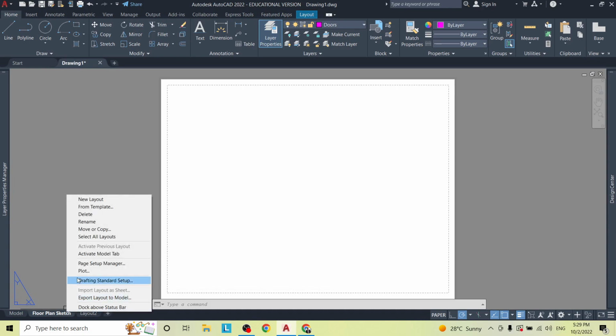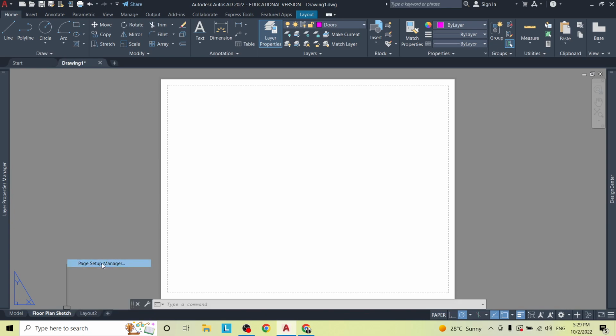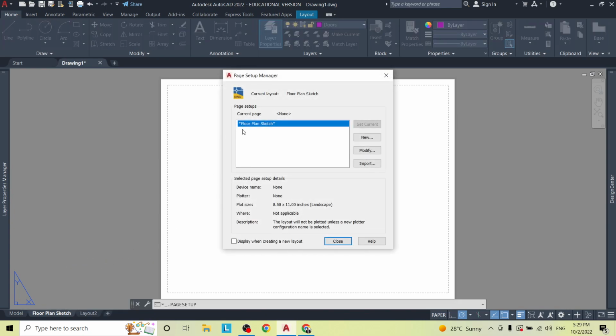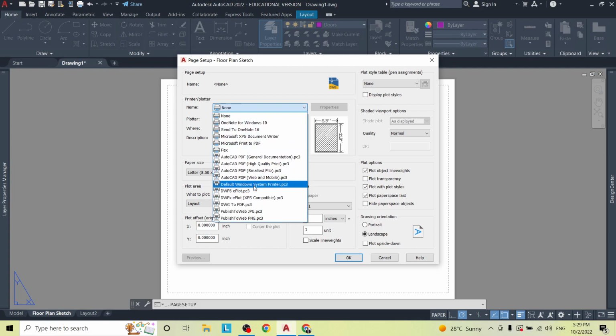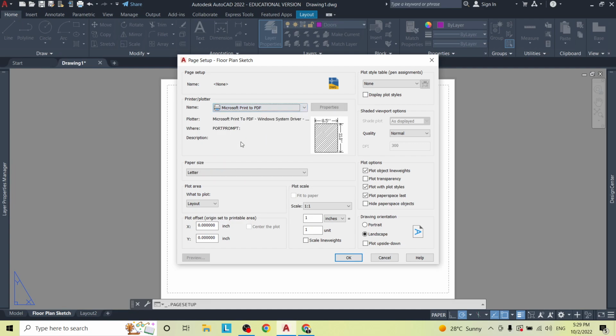All right, so right click, and then we go to page setup manager. We can see the name that we just changed it to, and we hit modify. So now we can see all the different settings here. First thing we want to change, how do we want to print it? Do we want to print it directly to a printer right now? No, I want to save it as a PDF so that I can print it later. So if I go to Microsoft Print to PDF, and then I come down here to paper size,